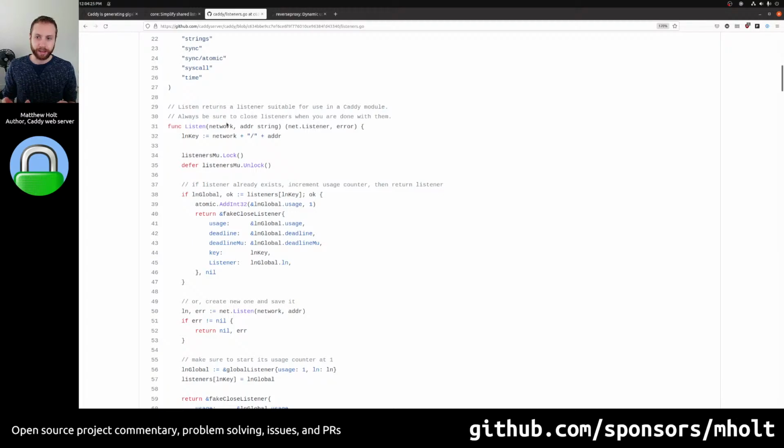two listeners on the same socket at the same time, because when you do a graceful config reload, Caddy starts the new config before it stops the old config. Because if the new config doesn't work, it will shut down the new config and just leave the old config running. And so,